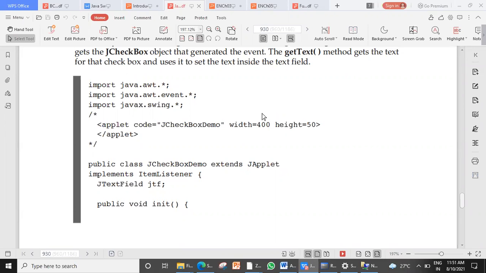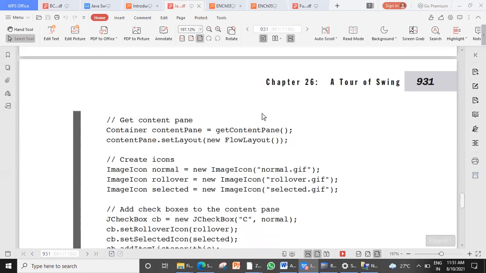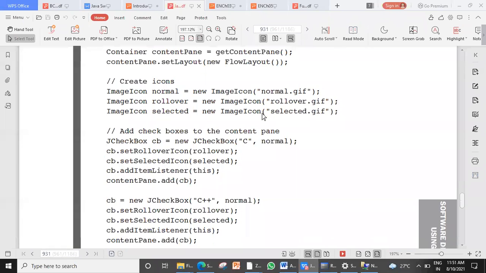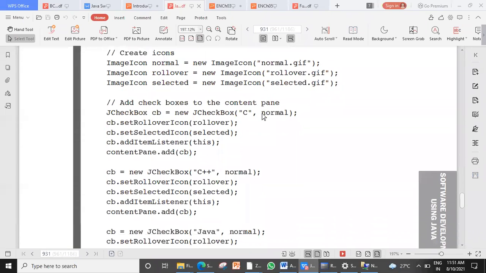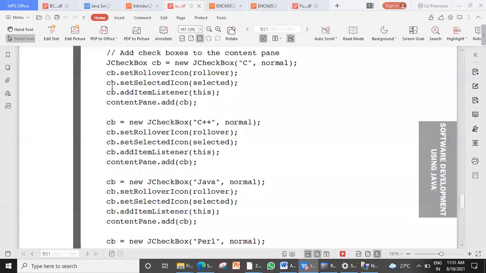We could even declare checkboxes above and initialize them inside init as per our regular practice. But anyway, in this program, in the textbook, they have declared it inside. Even that is fine. Now they've used extra stuff like rollover images and all that. We will ignore that. We will use only this.